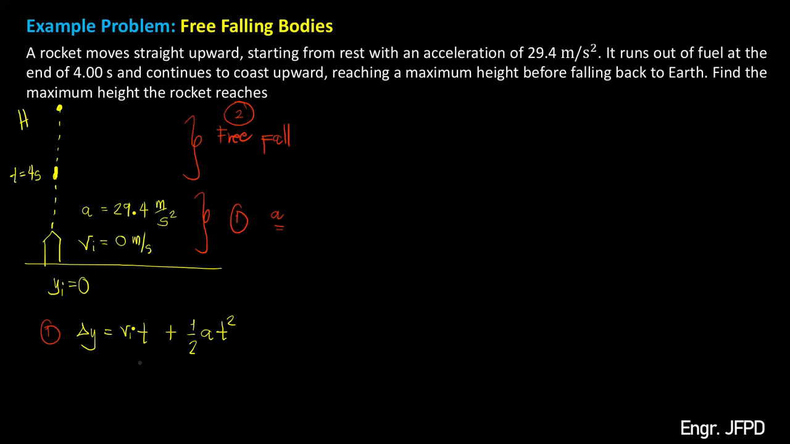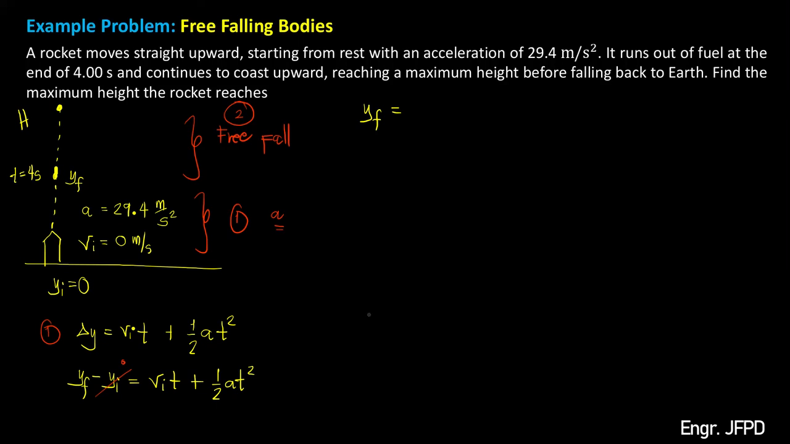And for our delta y, this will be a final position. Let's say that at this point, after 4 seconds, this is our YF, okay? And this will now be YF minus the initial position YI is equal to ViT plus 1/2 AT squared. Solving for our YF here, we transpose the negative YI to the right side of the equation, and since that YI is just 0,